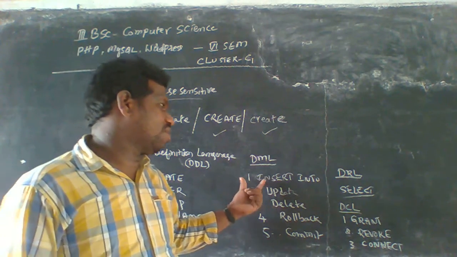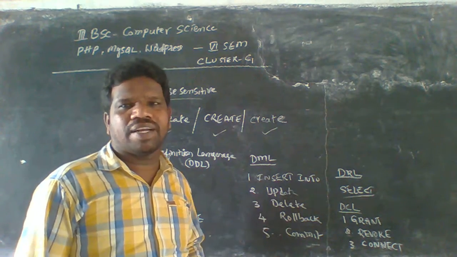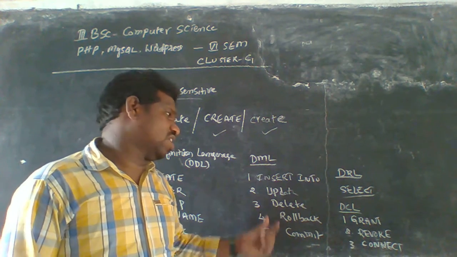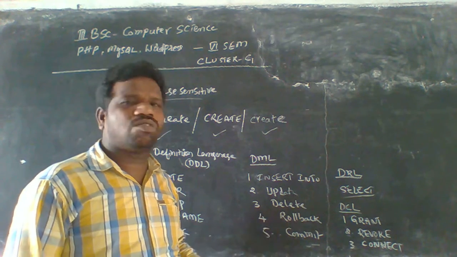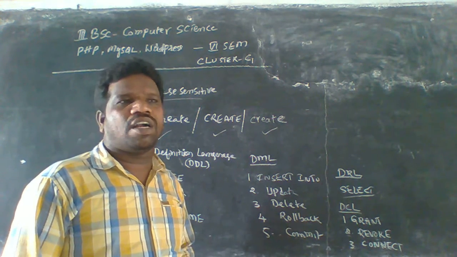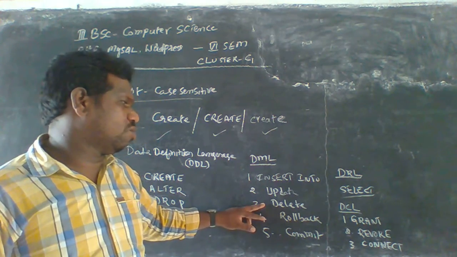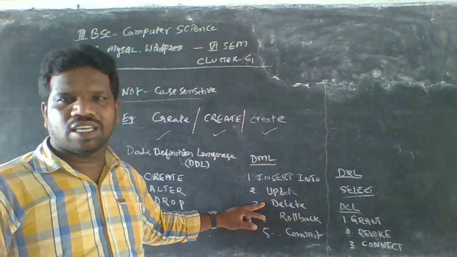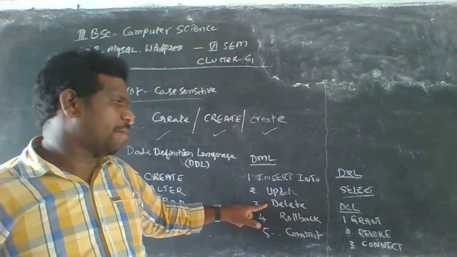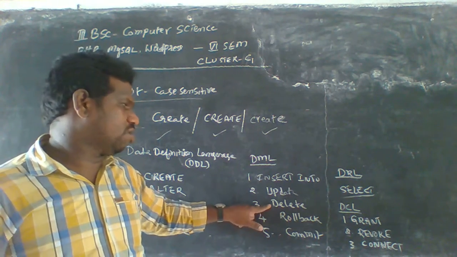Okay, so that's why we have to use this insert into command here, and the update command is used to change the table's physical structure here, and the delete command is used to delete a particular row or a particular number of rows here. But the entire table should not be deleted by using the delete command here. Okay, if you want to delete the entire table, we have to use drop here. If you want to delete a particular row or particular columns, you have to use this command.